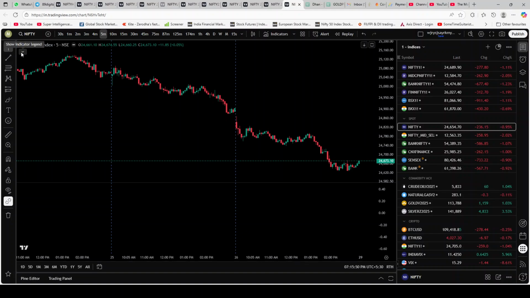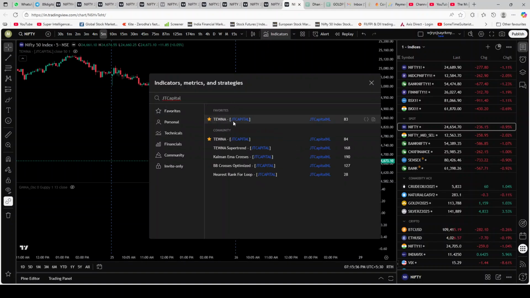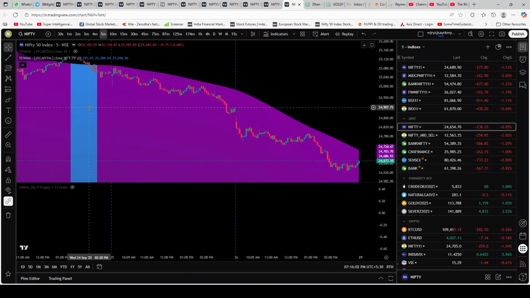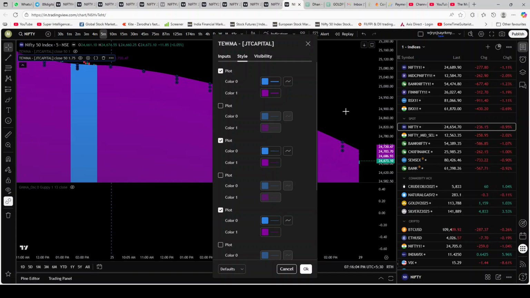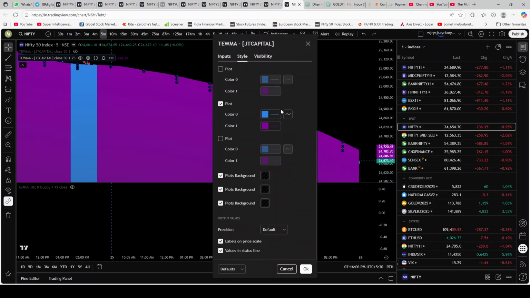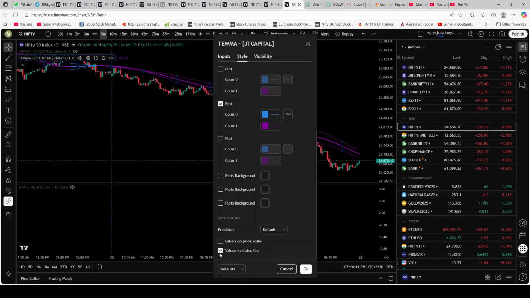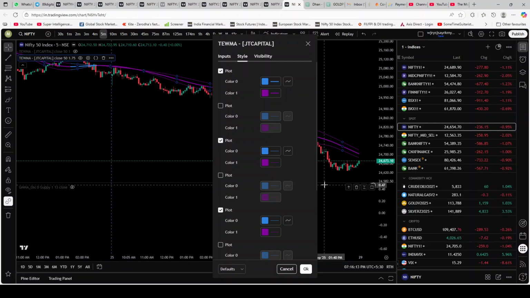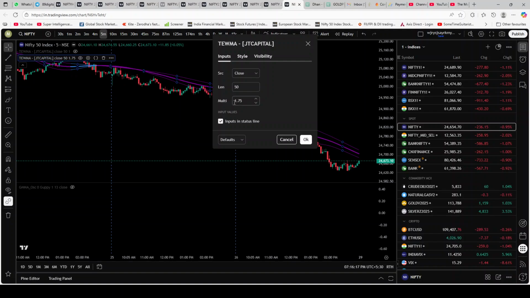The indicators that we're going to use in this particular 2 indicator setup, first one would be, let's just add it. It'll be this TIWA by JT Capital. Just add it and it comes up something like this. We need to make some changes, so we will take out this background, we will take out these labels, and over here this multi 175 will reduce this to 1,